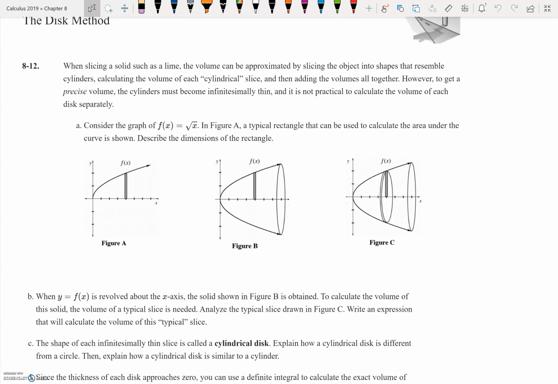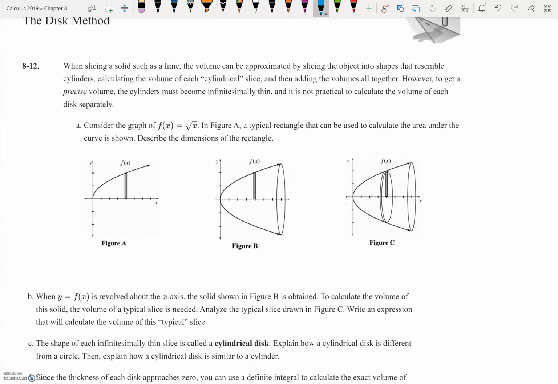However, to get a precise volume, the cylinders must be infinitesimally thin, and it is not practical to calculate the volume of each disk separately. So this is our graph here. It's the square root of x. It says that a typical rectangle is going to be as shown, and we're going to describe the dimensions of